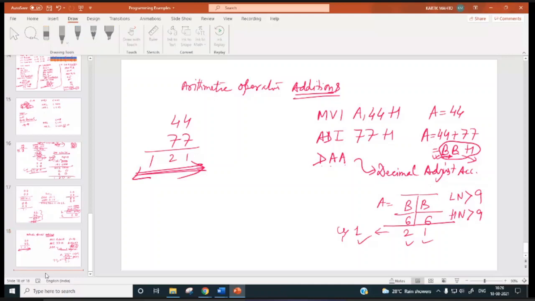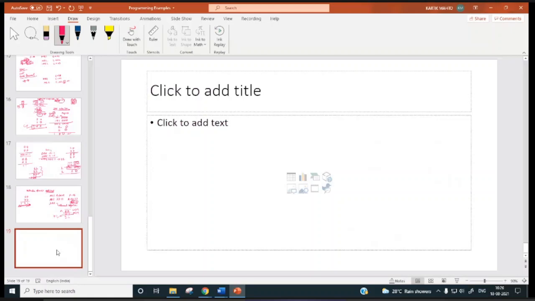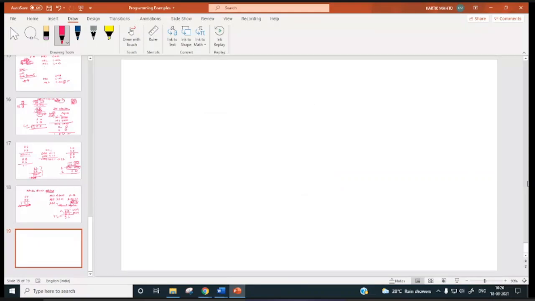Now I'll go to a new slide. Now if I say MVI A, 09H, ADI 09H, what will be the result? 09 plus 09, A will be equal to 11?